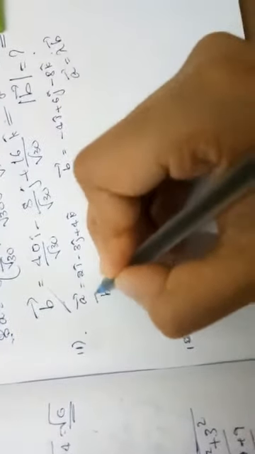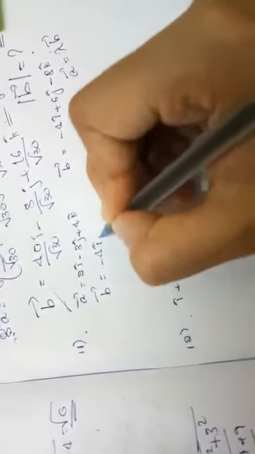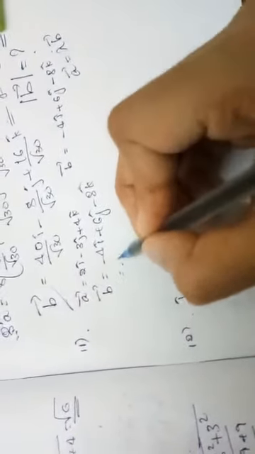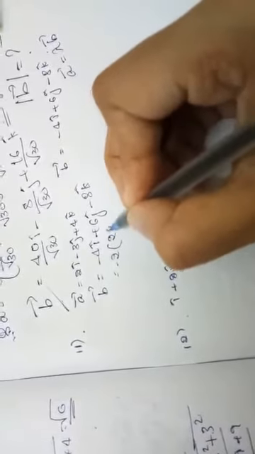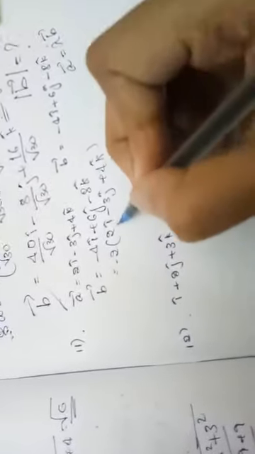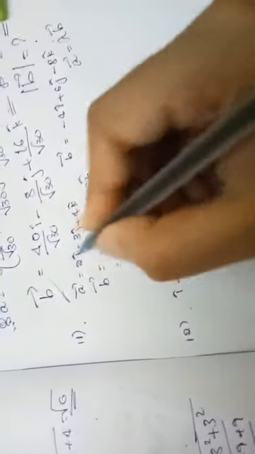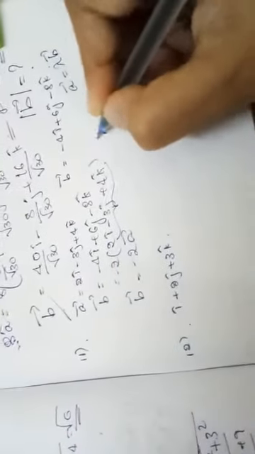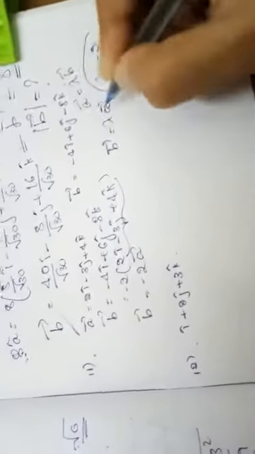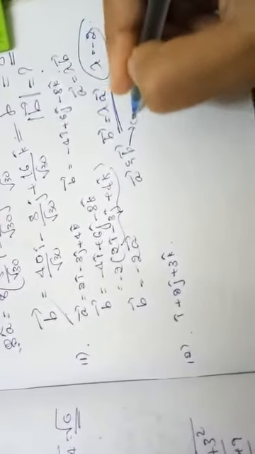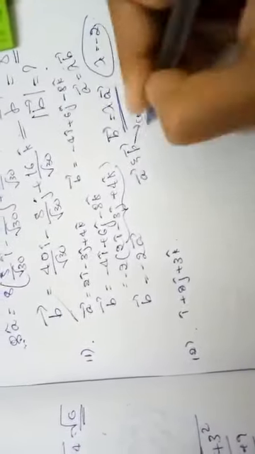You can see here vector b is equal to minus 4 i cap plus 6 j cap minus 8 k cap. Suppose if I take minus 2 outside, what happens? 2 i cap minus 3 j cap plus 4 k cap. What is this 2 i cap minus 3 j cap plus 4 k cap? It is nothing but our vector a. You can see here our vector b is some lambda times vector a, where our lambda is minus 2. So by this we can say that vector a and vector b are collinear.